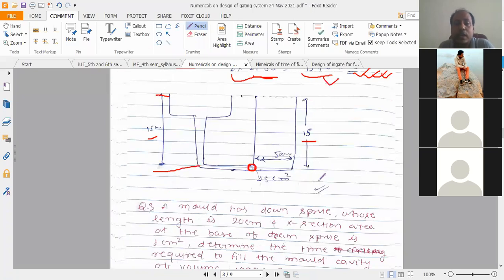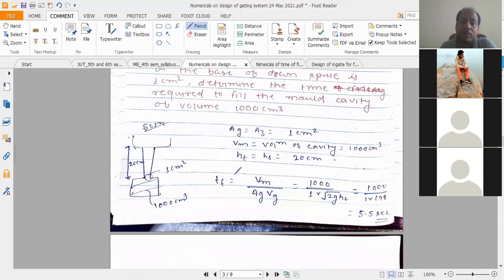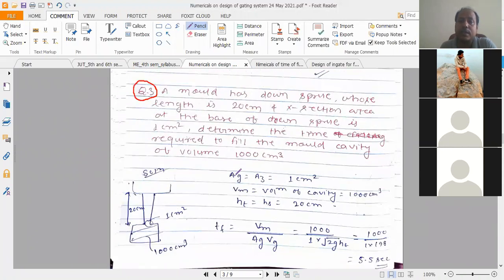Yes, sir. Okay. Now the third one, the third question of the design. These all questions are very important, and we have chosen them for that. If the university will ask to solve a question, all the questions are based on this example which I have given here. So better you solve with me through the calculator, or once I have solved it, you go through my notes and solve the question. I have also written some non-solved questions here. So you have to practice it at home.